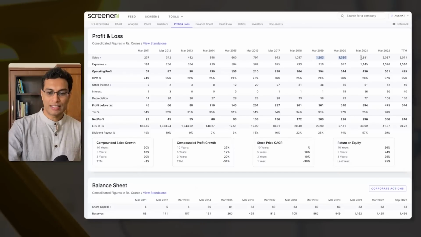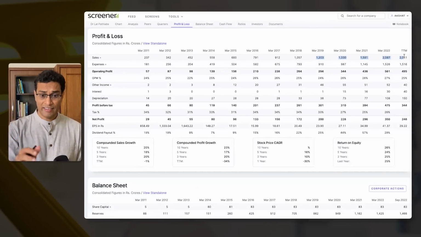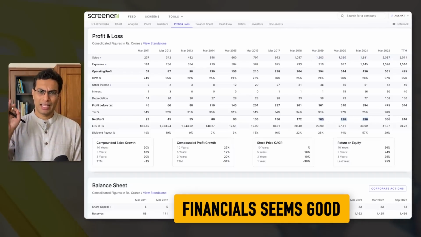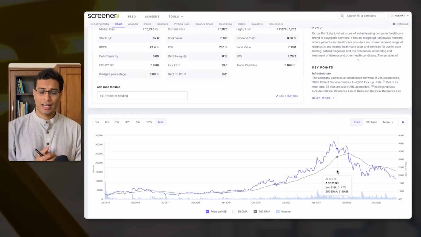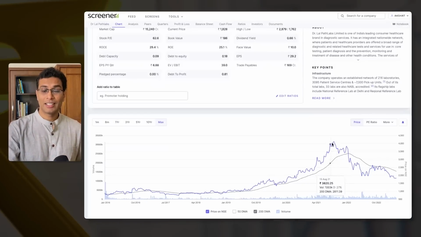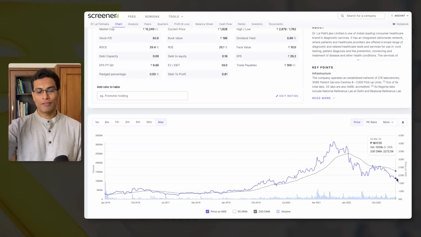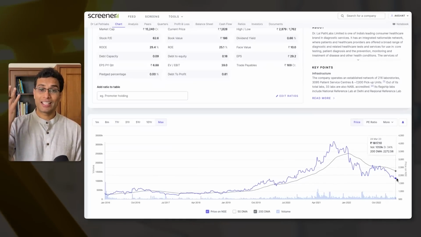So let me very quickly help you understand the fundamentals. So if you consider the sales figure, it is doing fairly well. If you consider the profit numbers, again, there is no major problem with Lal Path Lab stocks. So then a natural question comes, अच्छा इसी के problem हो गई Lal Path Lab में, that it has fallen so much. It was trading at 4,000. Now it is trading at 1,800. So more than 55-60% correction has happened. So what exactly was the problem?